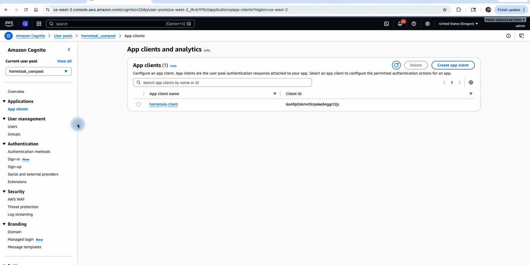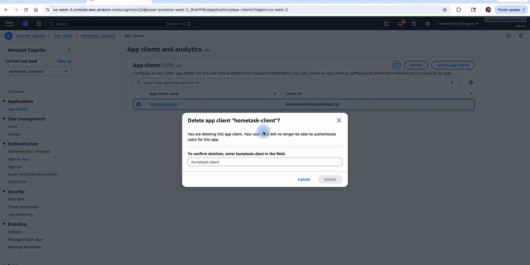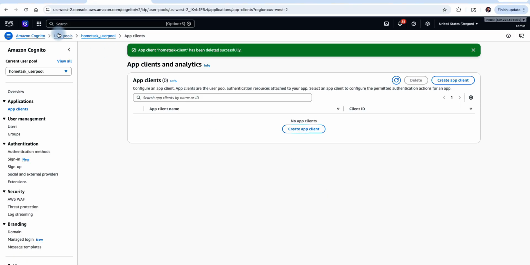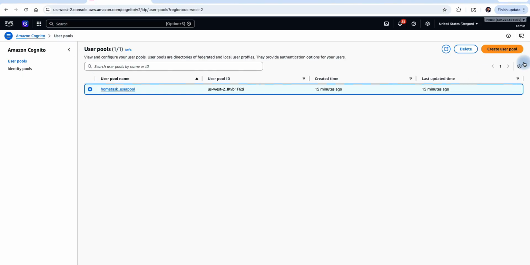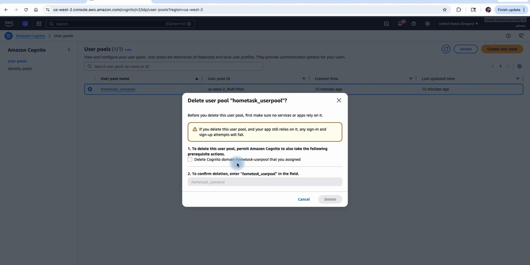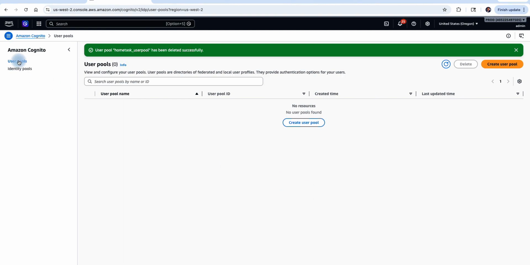So this did work. I'm a little bit confused here because we definitely want to delete it. Let me just delete this. Sometimes delete the Cognito domain that you assigned. Okay, now